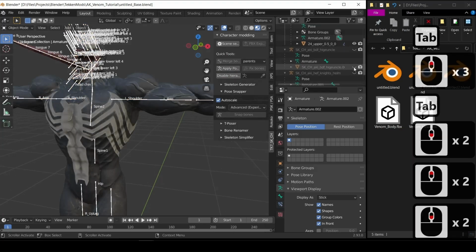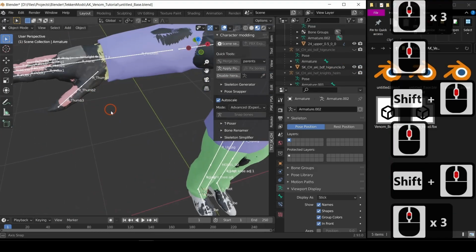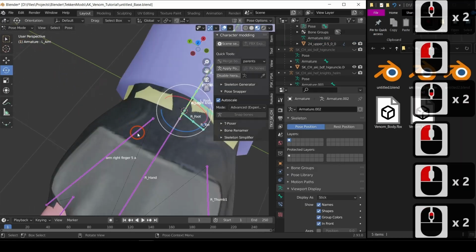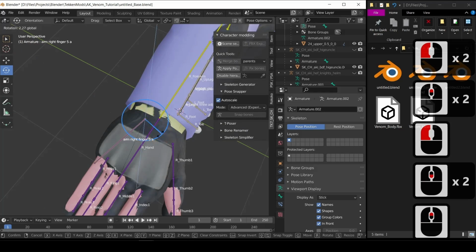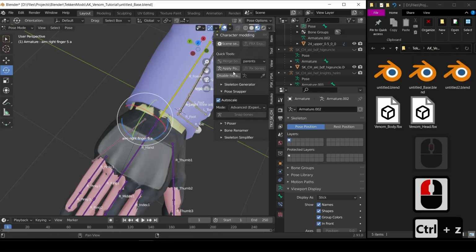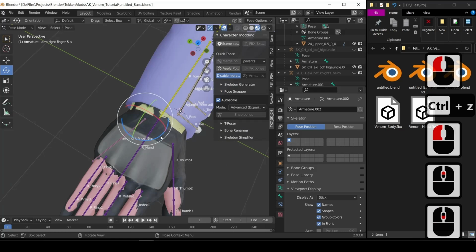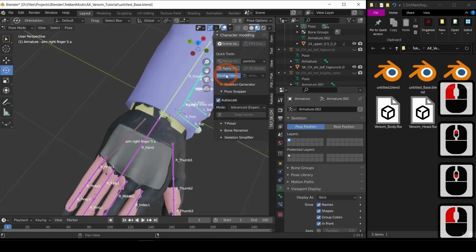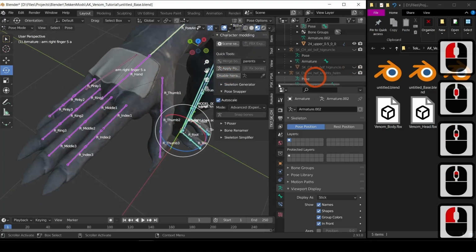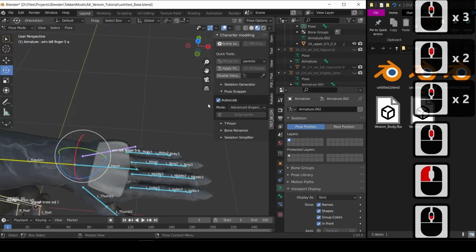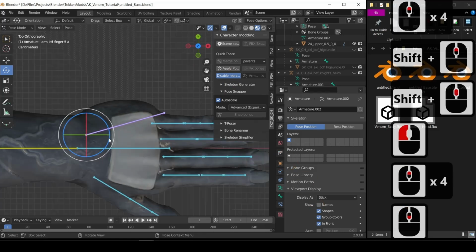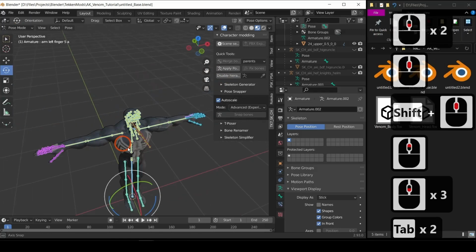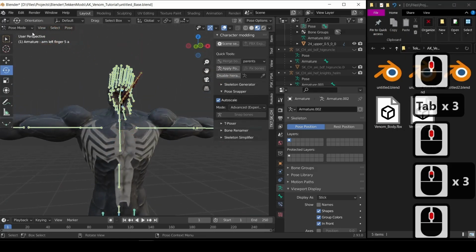I'll unhide the suit mesh just for reference. Now this bone right here is causing the hand to poke out a bit. If I went to pose mode and adjust it, it'll also affect some other bones with it. Notice how the pinky also moves. I'll undo what I just did and I'm gonna disable the hierarchy. Now if I rotate this bone, the pinky will stay in its place. We'll have to re-enable the hierarchy once we're done, but only after applying the pose. And now the hand looks good. I'll do the exact same thing but to the other hand. I'll re-enable the hierarchy again and make sure that the pose has been properly applied. Everything looks good so far, so I'm gonna go to object mode